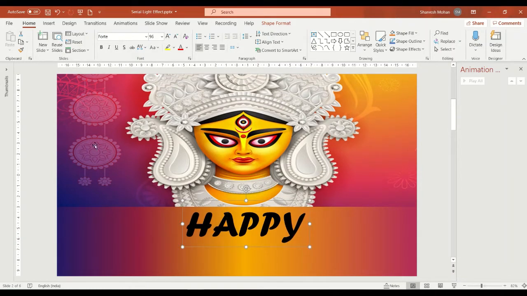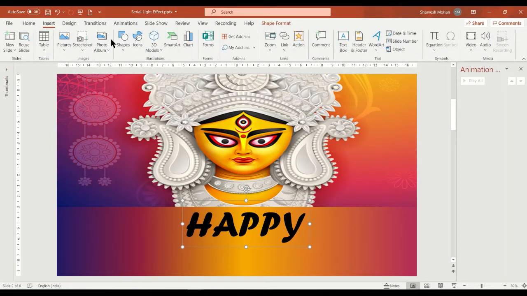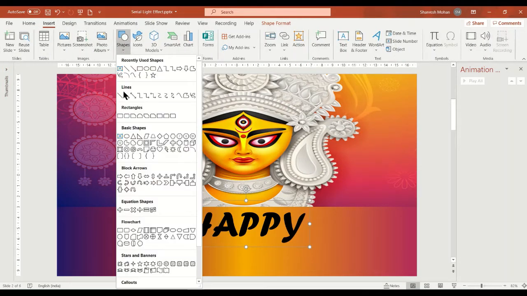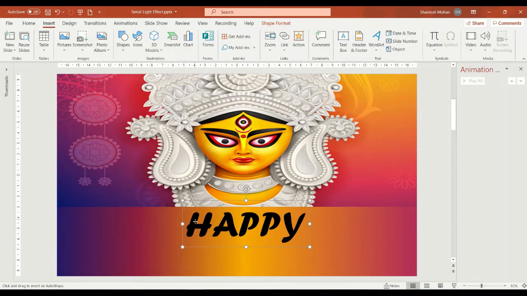Then we'll insert the light effect. Go to insert, go to shapes. Under lines there is an option called curve. Let's select the curve, just draw a line, click from here, drag it till there, double click.